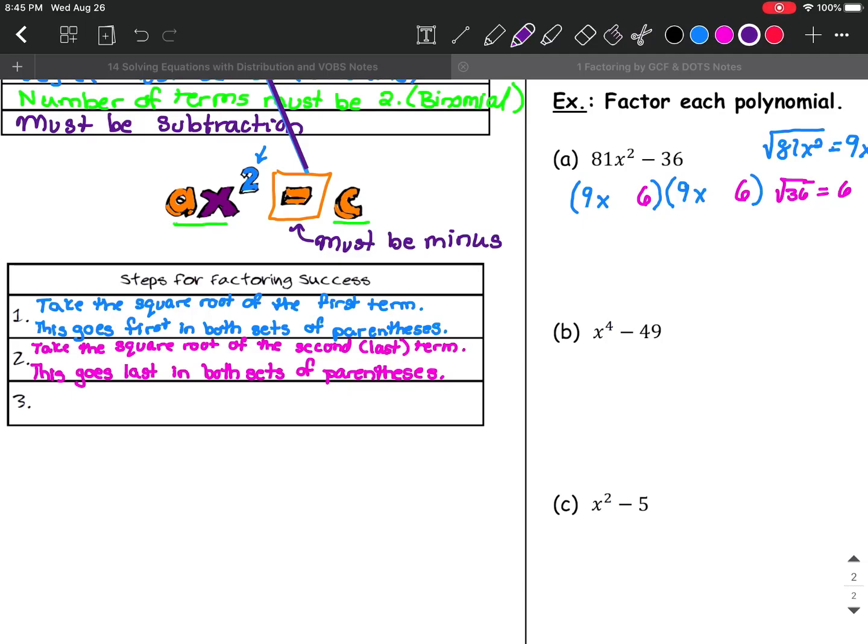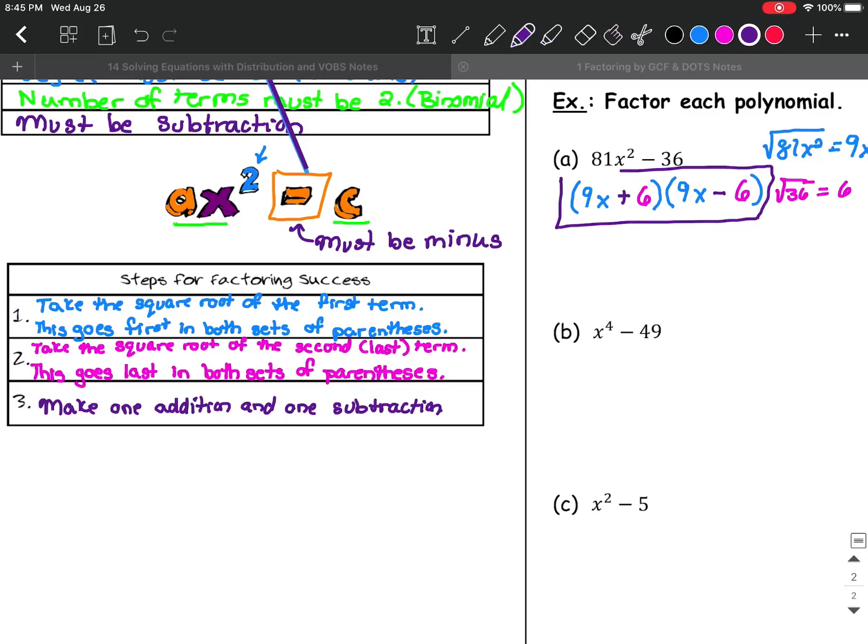Now the last step is to make one addition and one subtraction. So this would be 9x plus 6 and 9x minus 6. It does not matter which order you put them in. It will give you the same thing, because when you multiply these two terms, you're going to